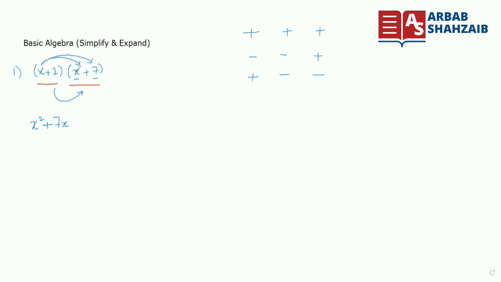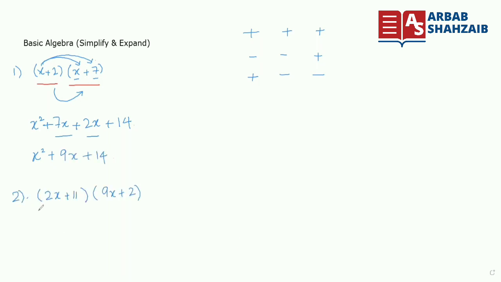Okay, so now we start multiplying by 2. So 2 multiplied by x is 2x, then 2 multiplied by 7 is 14. Okay, and then x squared plus. Now what do we need to do here? See, here the coefficient of this term and this term are both the same kind, means 7x is one term, so we can add them. So 7x plus 2x is 9x.